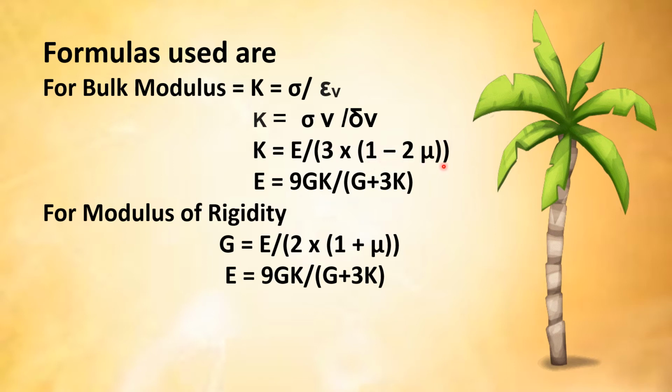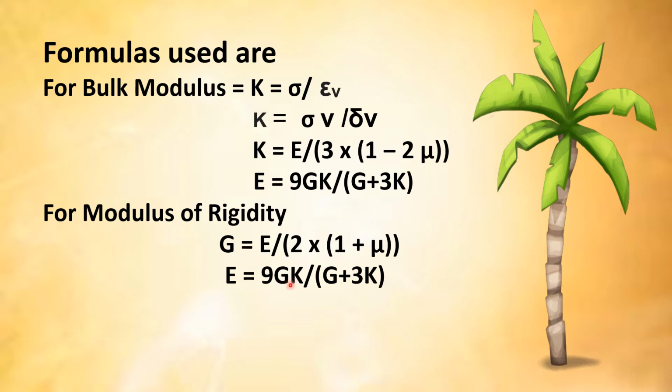This is another formula, and the last formula is E is equal to 9GK divided by (G plus 3K). For modulus of rigidity, if you want to find out directly, and we know the E and mu, then G is equal to E divided by (2 into (1 plus mu)), or E is equal to 9GK divided by (G plus 3K). So if we know G,